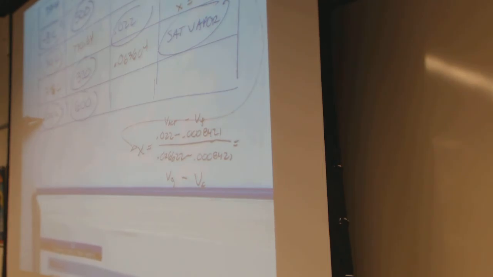Then the next one is 600, so the volume is